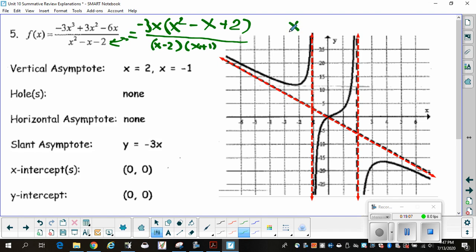That x cannot equal 2 or negative 1. Great. That means I've got vertical asymptotes or holes when x is 2. Well, it turns out that they're both vertical asymptotes. I have 2 vertical asymptotes because neither